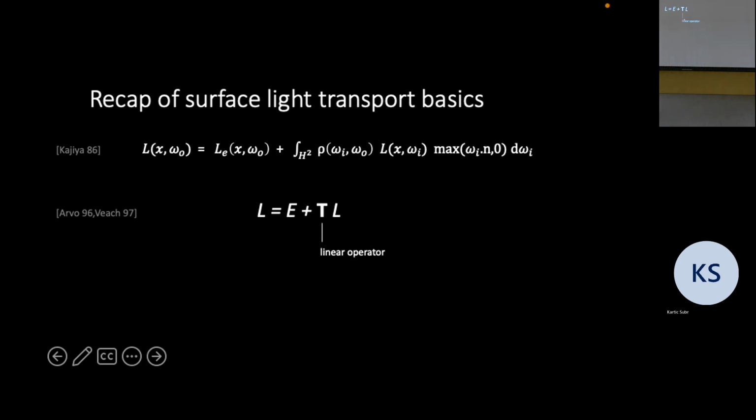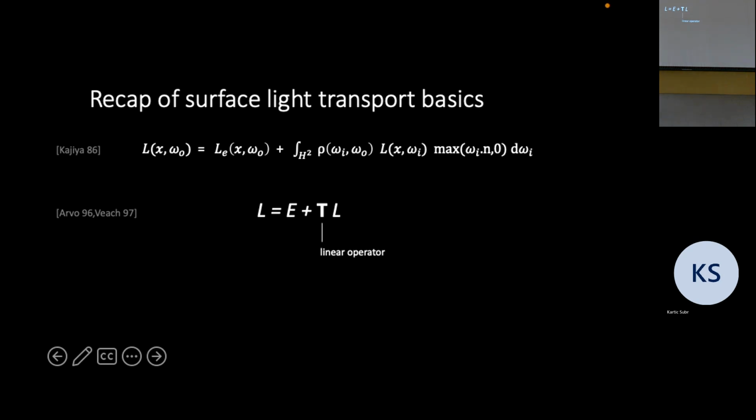This is probably a hardcore maths paper, so I won't go into the details, but I'll give you an idea of what I was trying to do. This pertains to the bottom layer in that pyramid, where I said you need to do some theoretical analysis. What we did here was look at how light reflects. There are models for it. For example, this equation is an integral equation. Like a differential equation, it has an integral operator. If you solve that equation for L, you can understand how much light there is everywhere in the scene, and then you know everything.